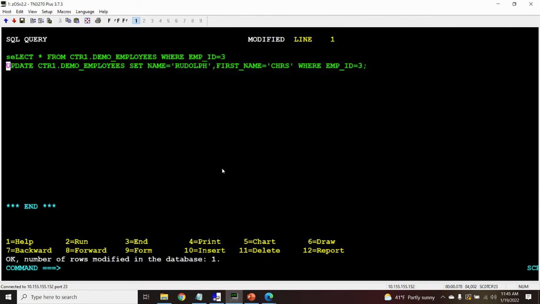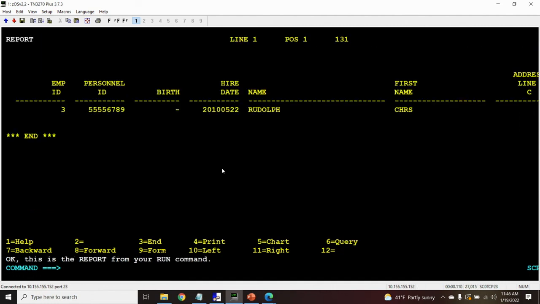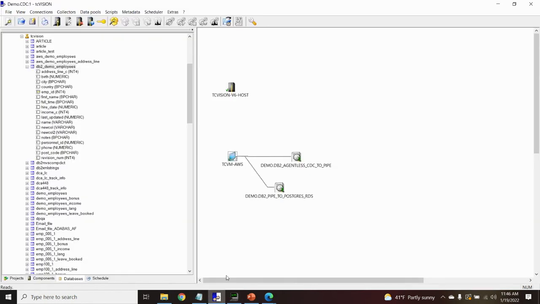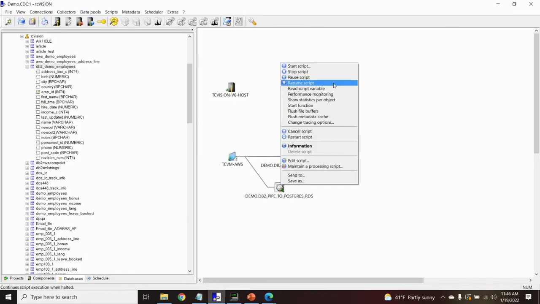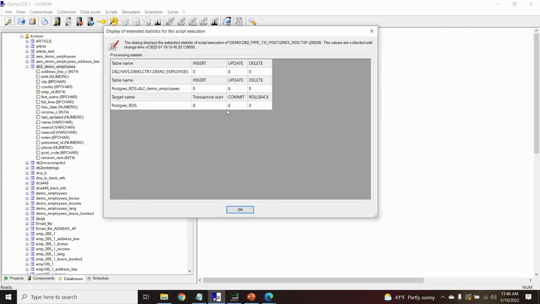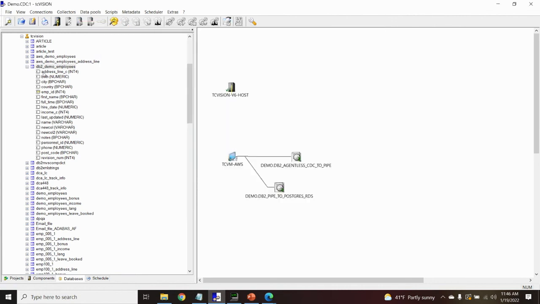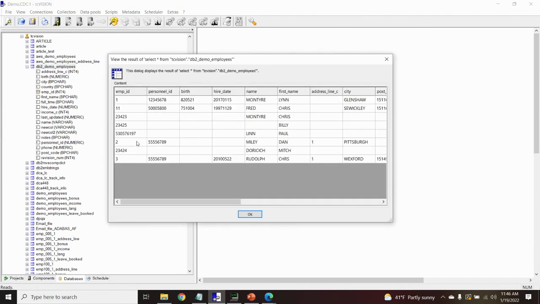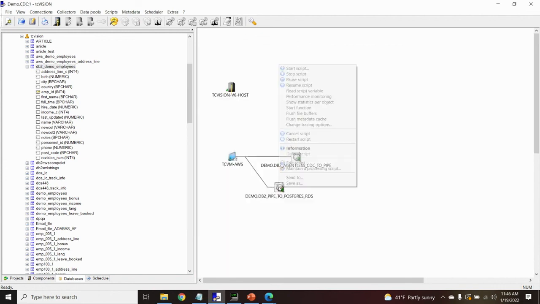Now if we take a look here at our query again, now we have first name Chris, Rudolph, and we come back over here to tcVISION, and if we take a look at our stats, our counts have gone up to 8, and we can also rerun our query over here against the Postgres side. And now for number 3, we have Rudolph CHRS. So we've made the change. tcVISION has captured it in real time, and now transformed it and pushed it to our target system. I'm going to stop the script,